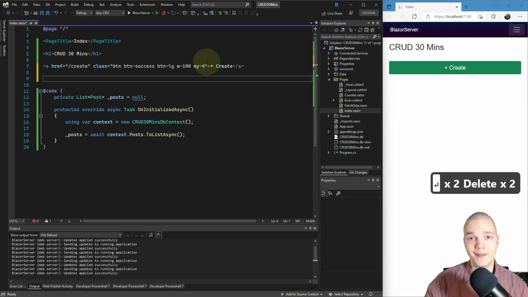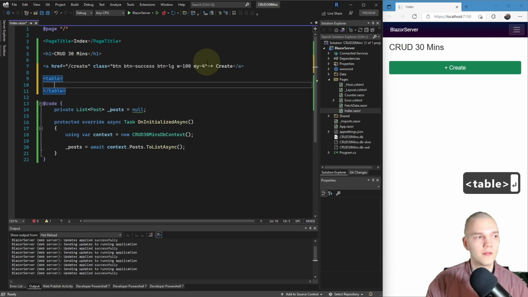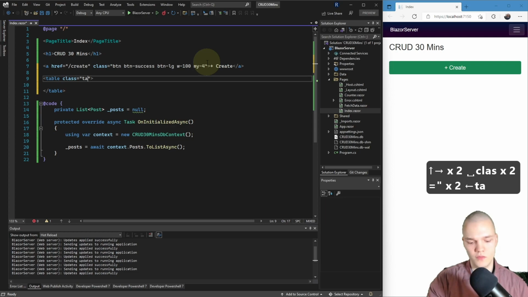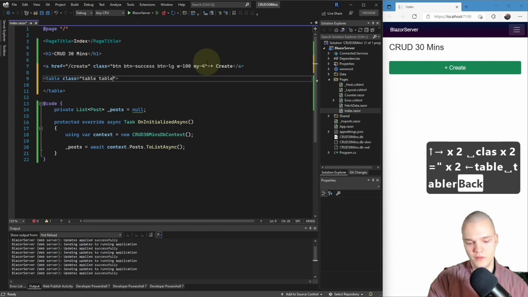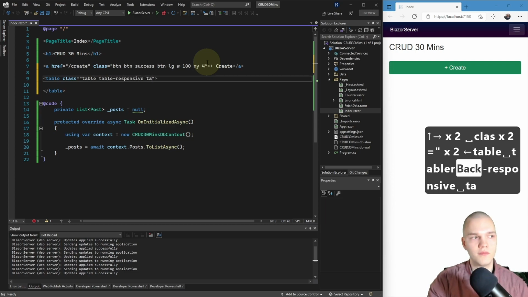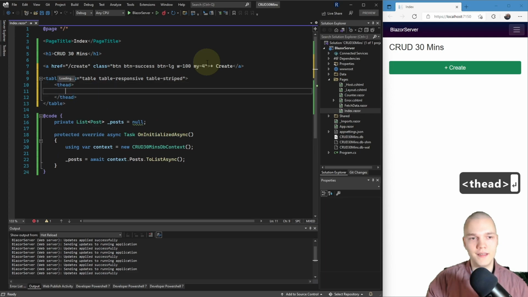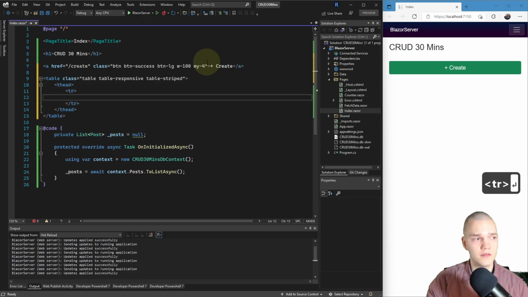Then I want to add a table to display the posts in. So I'll do table, and I'm gonna give that a few classes: table-responsive and table-striped. And then I'm gonna add a thead, and in there a tr, so table row, and then a th.